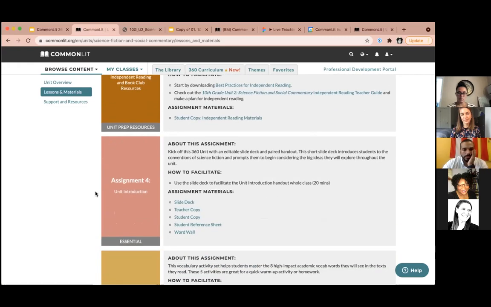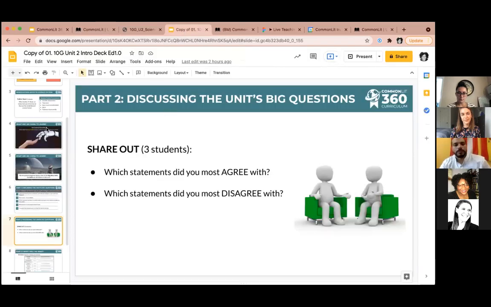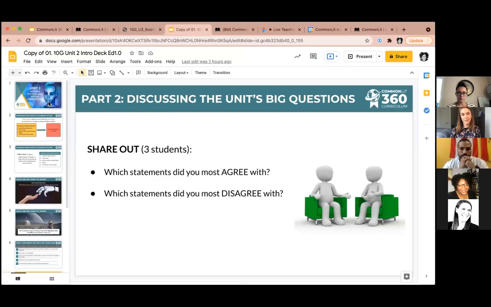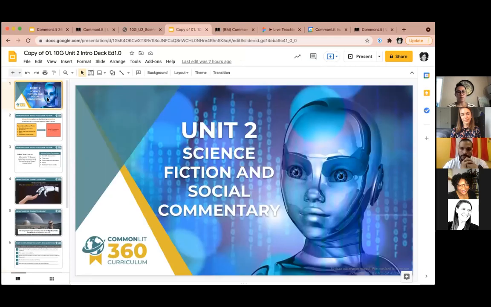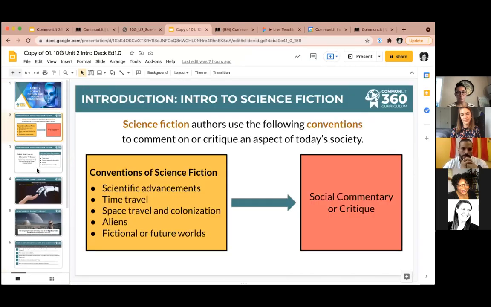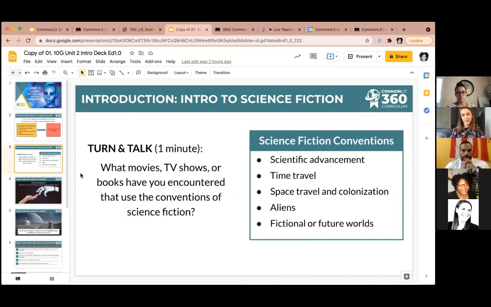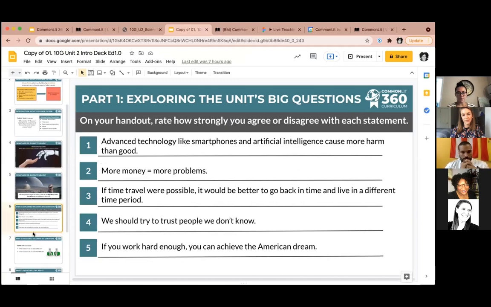So students are able to have agency over what they read, as well as making those choices about what they want to read. So here we have a unit introduction, and to save us a little time, I've already clicked into it, but this is an editable Google slide doc that teachers have access to. This is a great way that teachers are able to introduce the unit to students. So we have amazing images, we have great questions. In this particular unit, we're looking at science fiction and how science fiction can be social commentary, and we can learn about our society. So we're getting students to think about some of those big ideas. We're asking students to turn and talk. We're asking students to rate, agree, disagree, strongly disagree. And so again, students are given an opportunity to really dig into the unit's theme before they actually dig into any of the work.